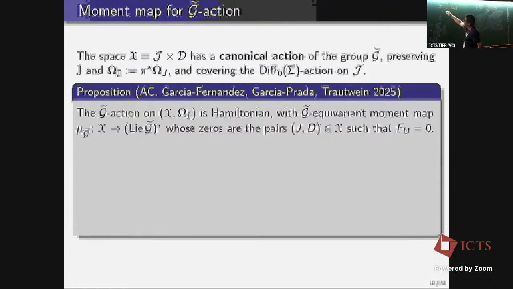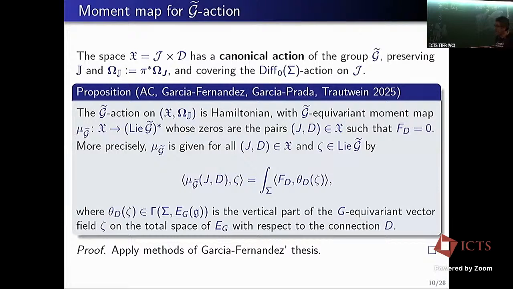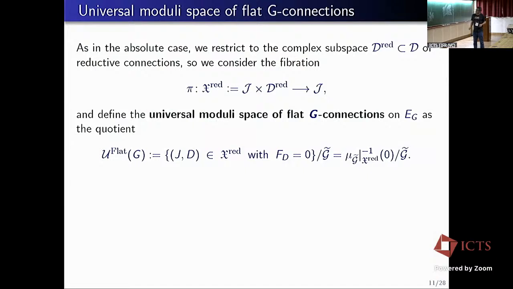The pullback of the constant complex symplectic form on G to X, and we calculate the moment map, and it's just given by the curvature. So again, the zeros are just the flat connections. So, the calculation is based on the methods of Mario's thesis, but this already means we can make the first step, as I said,